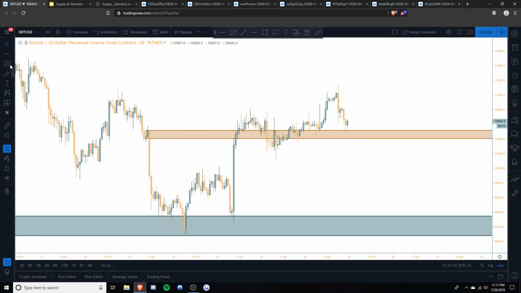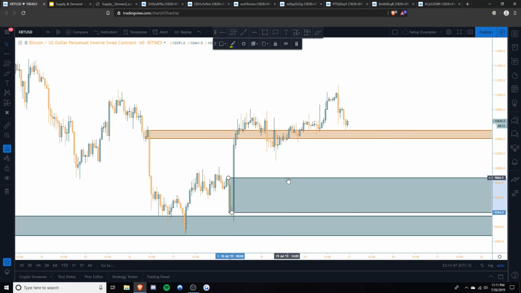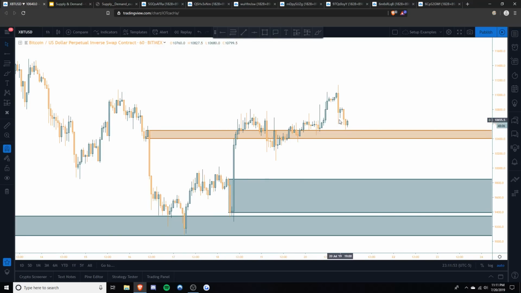So if price does break down, here's the demand zone. This is a huge demand zone, but nonetheless, it is a demand zone. So if price comes back down here, I'll be looking to buy 9.8, and it is my OTE setup as well. You can see price takes out these highs, the demand forms,